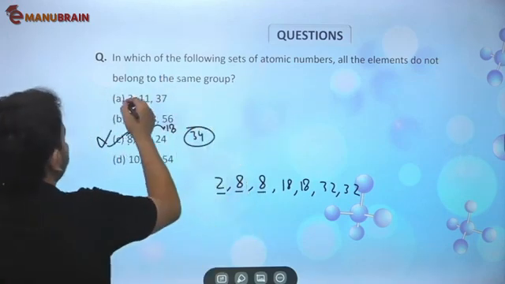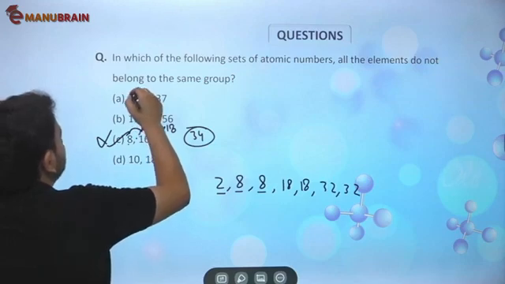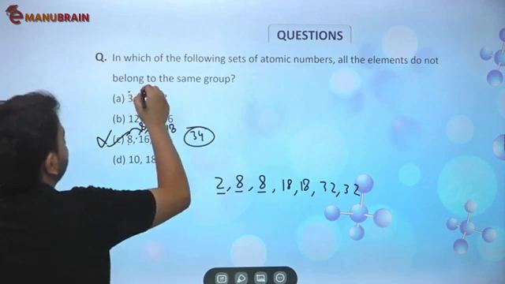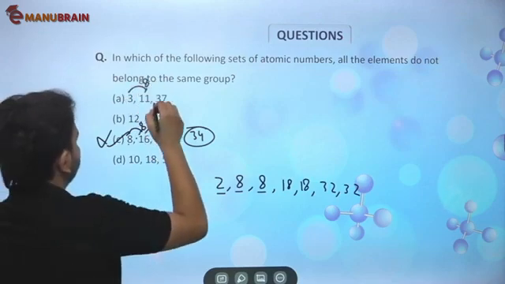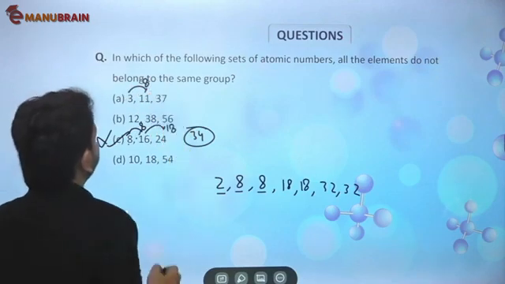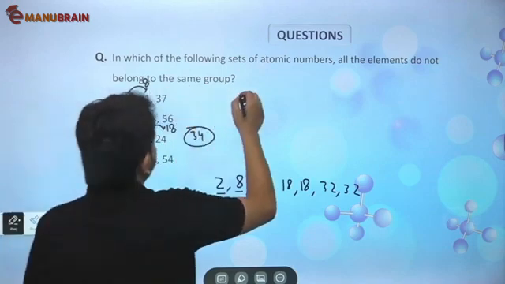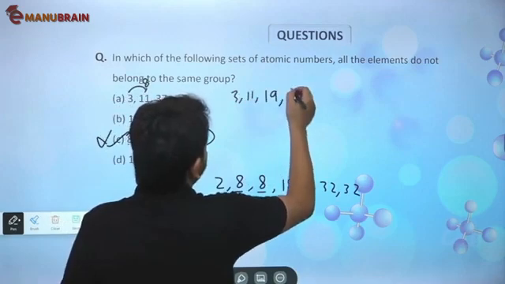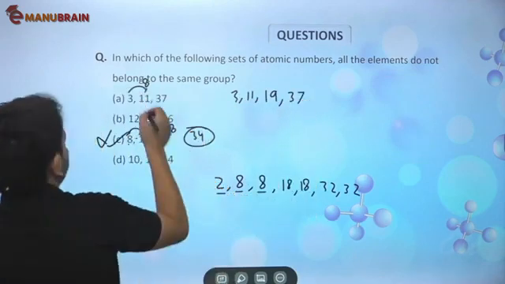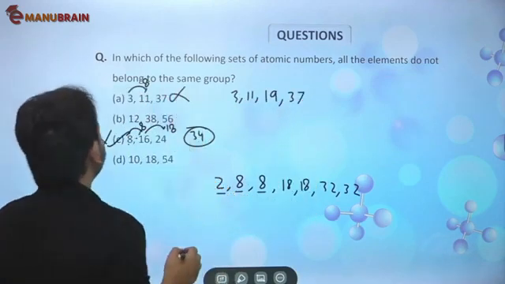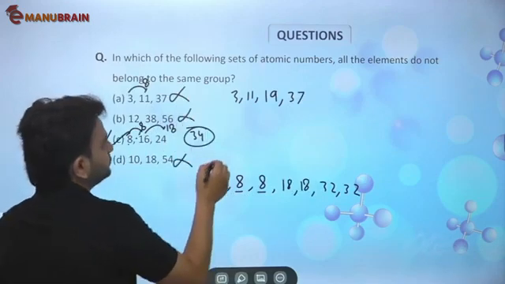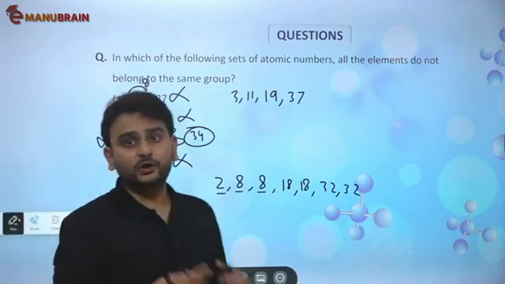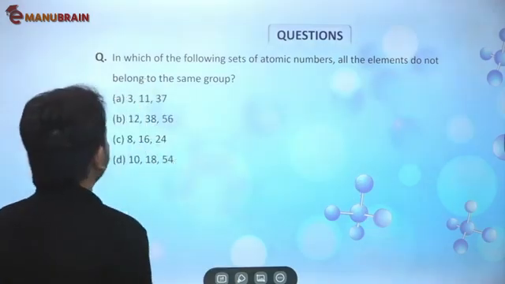If you see option A, after 2, till 10 it will be over here. Then after that there will be an 8 jump, and then again an 8 jump, so 3, 11, 19, and then you will add 18, so it will give you 37. So this is definitely not the correct answer. And so B and D also do not, so which do not belong to the same group, it will be option C. Option C is the right answer. I hope you've understood this, guys. All right, I'll move on.